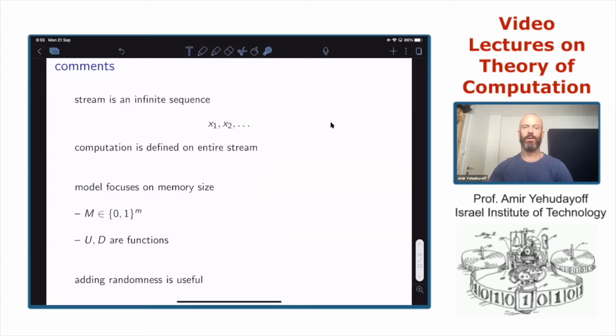There is an infinite object in the definition, and the definition of compute is actually only at finite times. We never check anything about infinity. So this is one comment.